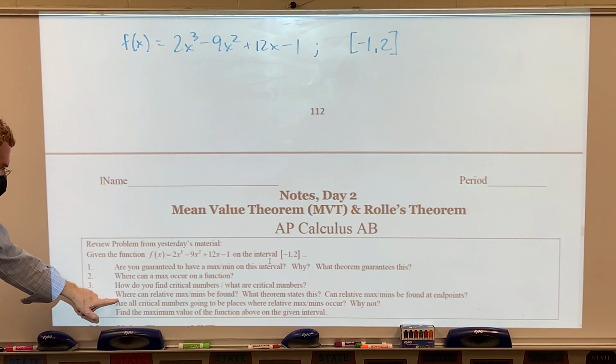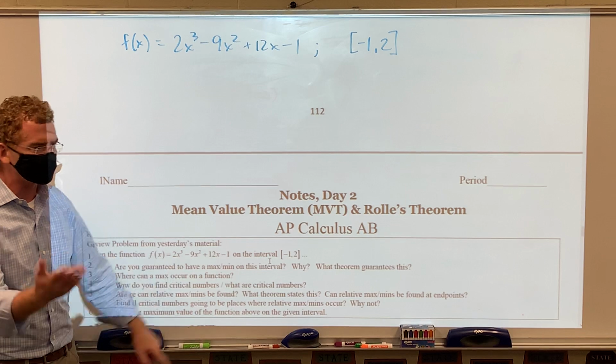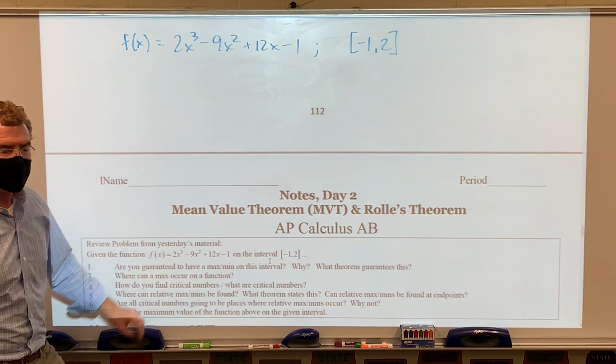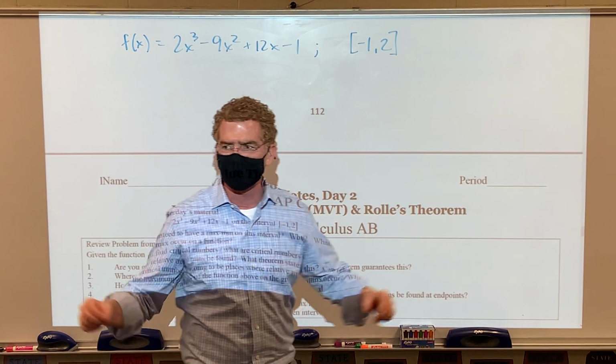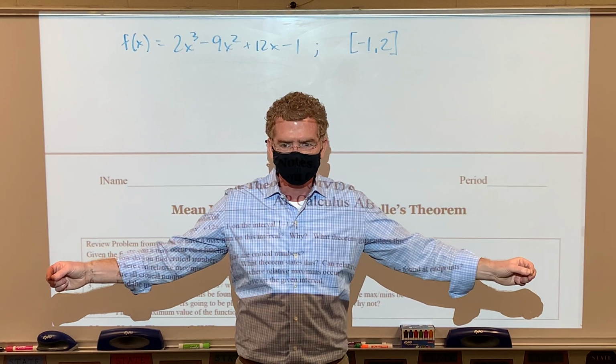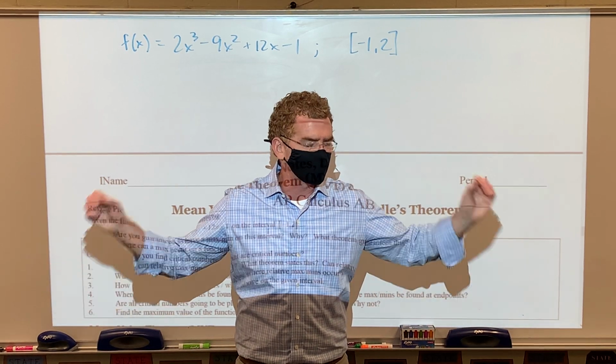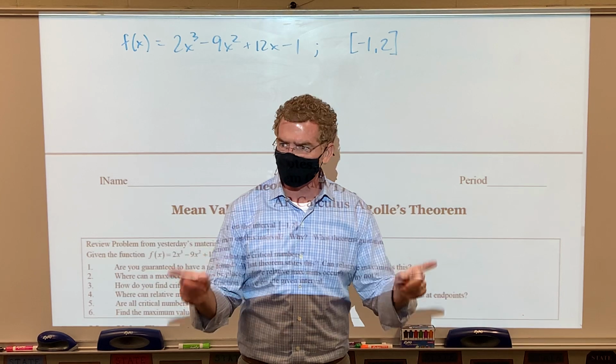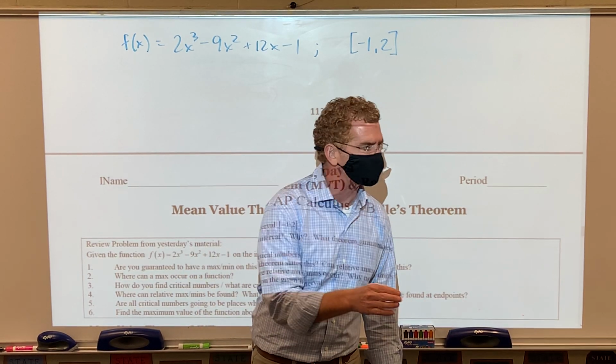Next question. Where can relative maxes and mins be found? We've already said that at the critical numbers. Can a relative max or min be found at an endpoint? It's important to know this. A max or a min can, but a relative max or min can't, because a relative max or min